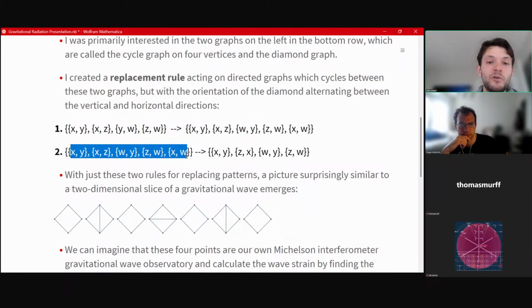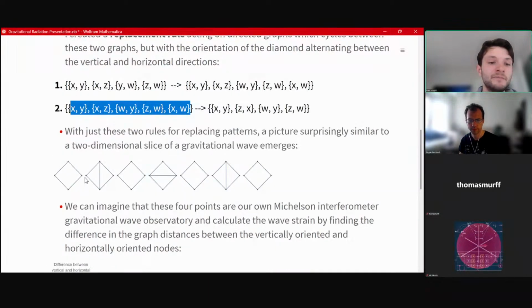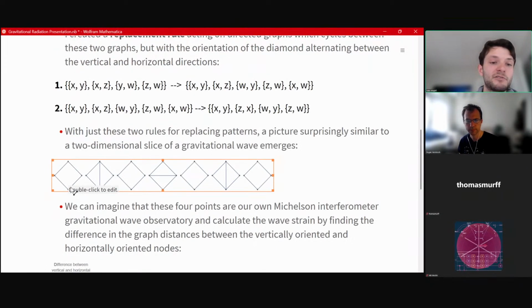And then this replacement rule does something similar, but kind of in reverse. It also changes the orientation of some of the edges in a way that we can get this alternating pattern. So if we start this on a certain directed graph, after 1 evolution, we get an edge connecting the upper and the lower vertices, or the nodes in this graph. And then that edge disappears and it reappears, but now in the horizontal direction. And so this is kind of exactly what I was looking for,